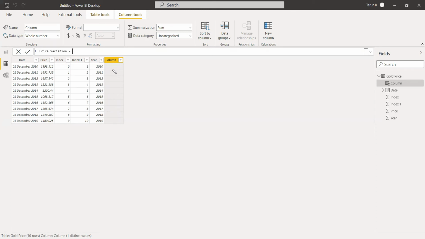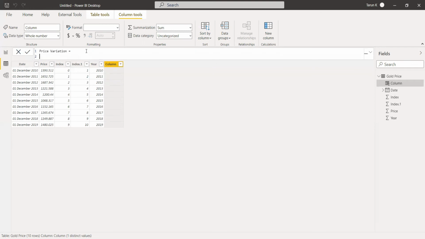So to get the remaining values, what we can do is declare a variable and then store the values in that variable. So we create a variable, and we can name it diff, equals the gold price, I mean, price minus